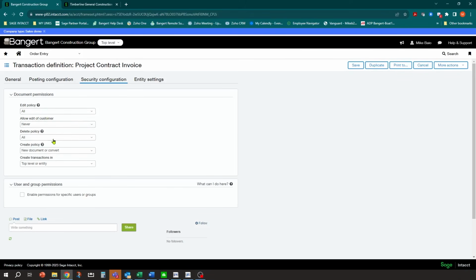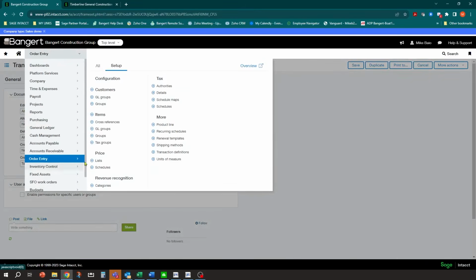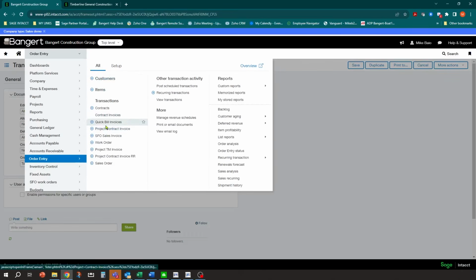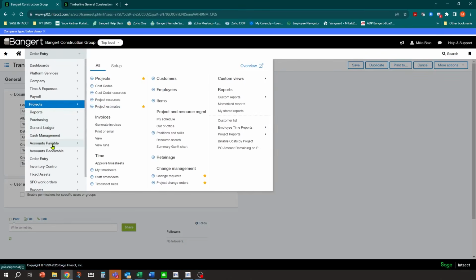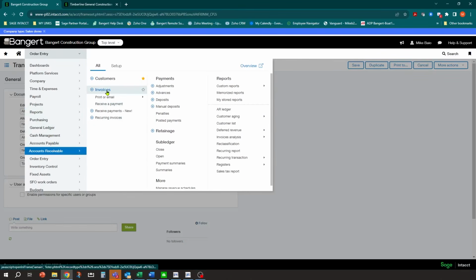Delete all, edit all. Okay, make sure that's set up. And then you'll be able to go in there and delete that project contract from here, and then go ahead and regenerate it from projects. And it will take it out of accounts receivable for you.